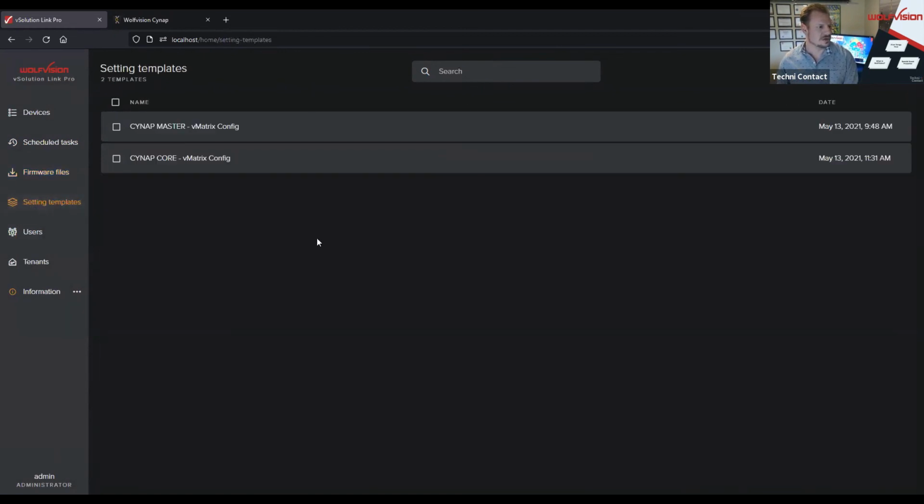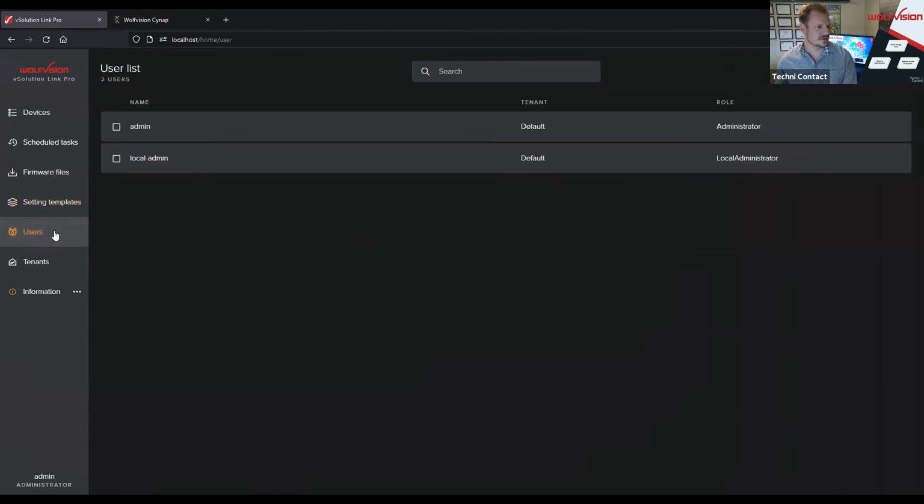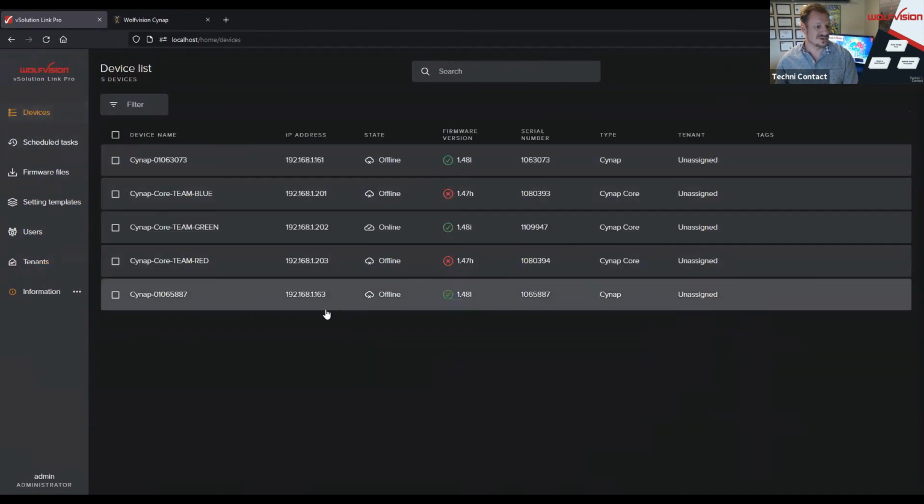And as you can see here, we've also got our loaded settings template. I've created two settings for one of the more robust solutions that Wolfvision offers with the VSolution matrix. I've set up a configuration file that I can push to new Cynap cores, as well as to our Cynap masters, right? And then, of course, we can always set up user rights to manage these systems, as well as different tenants. So again, let's talk higher education. Multiple campuses, multiple buildings. We want to set those up in separate tenants, buildings, locations, maybe even departments, right? All done with basically a free application that is loaded onto any kind of Windows laptop, or even, I believe,